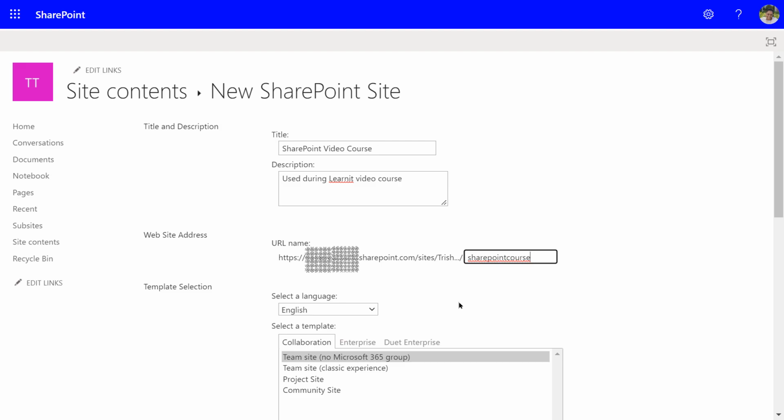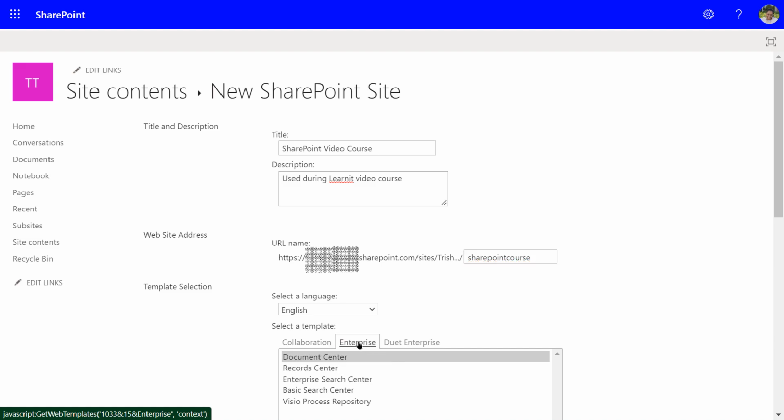We're going to leave it on the modern one, which currently says No Microsoft 365 Group. Again, those are on the collaboration tab. You have two other tabs there. We're not going to address those during the course, but go ahead and click on Enterprise, and you'll see